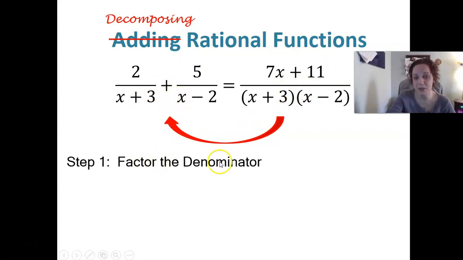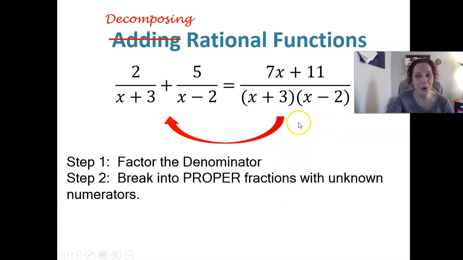Okay. First step is always going to be to factor the denominator. So notice, if this wasn't given to me factored, the first thing I would do is factor it. Okay. Once I have it factored, I don't necessarily know what my numerators were, but if this is my denominator, then I know this came from two fractions, and they had to have denominators of x plus 3 and x minus 2. They had to. Right? There's only one way to get this common denominator, and that's to have two fractions, one with a denominator of x plus 3 and one that had a denominator of x minus 2, because that's how we find common denominators. So from this, I can see that my original fractions, there were two, and those were